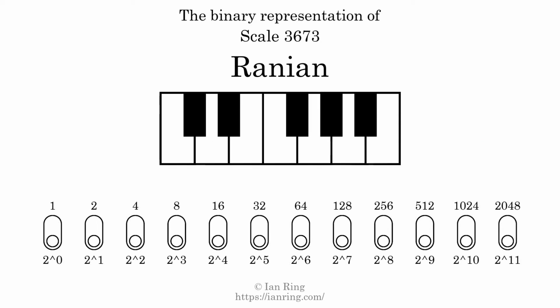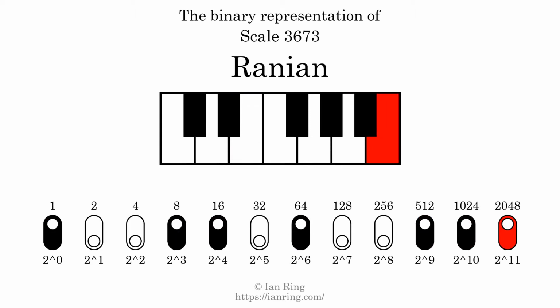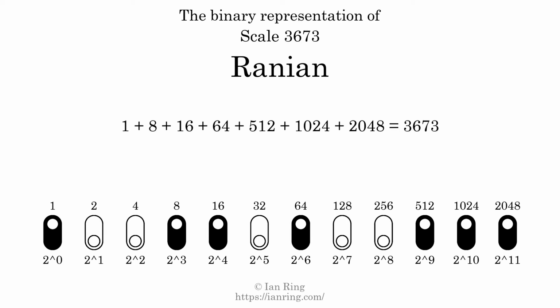The binary representation of this scale is determined by mapping tones of the scale to binary digits. Each binary digit represents a power of 2. To get the scale number, we add the powers of 2 together. The powers of 2 that are present in the scale, all added together, equals 3673. That is why the scale number, in decimal, is